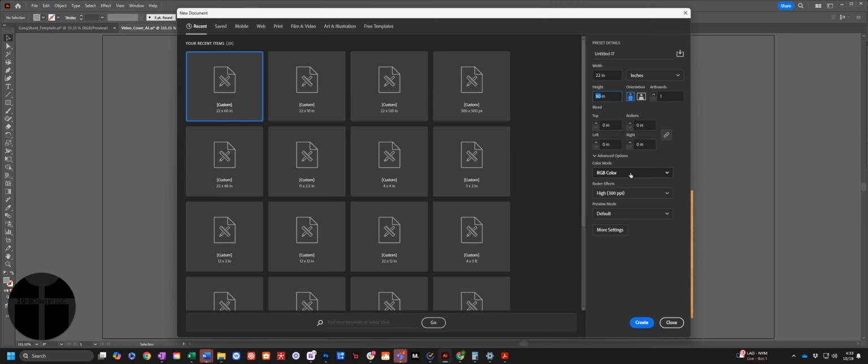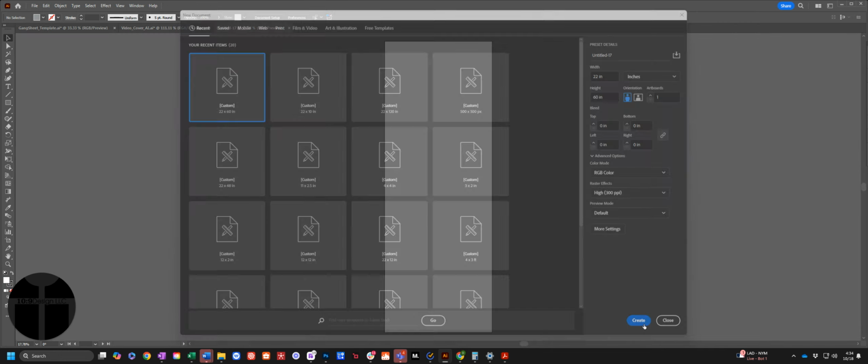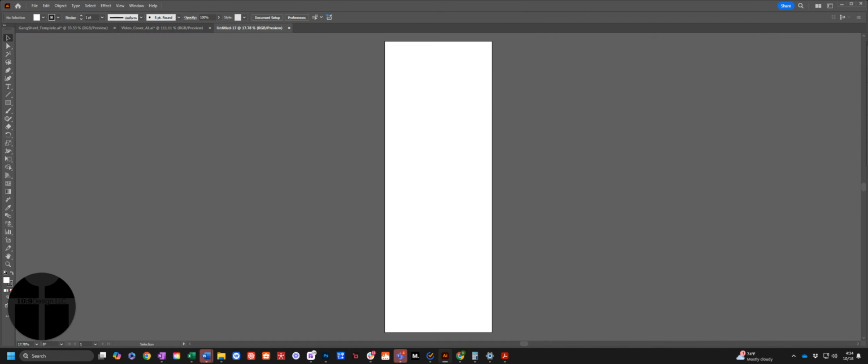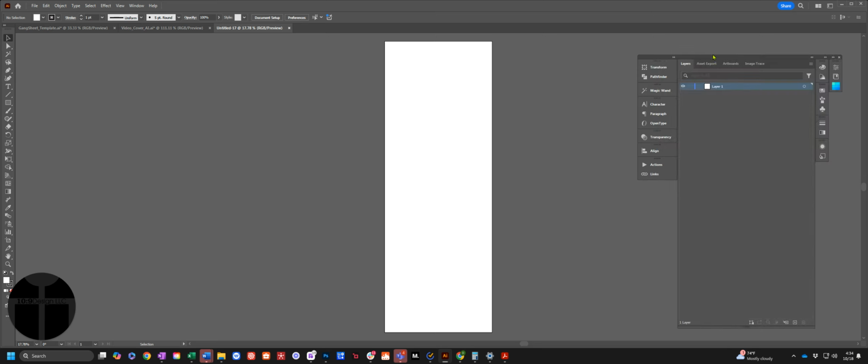Next, make sure you set color mode to RGB. Direct-to-film printers automatically convert all colors from RGB to corresponding CMYK colors. We need RGB to be able to output the correct final PNG file. Finally, set raster effects to 300 ppi. This will give us the needed resolution for printing. Click Create. We now have an artboard at 22 inches wide by 60 inches tall, and we can start adding